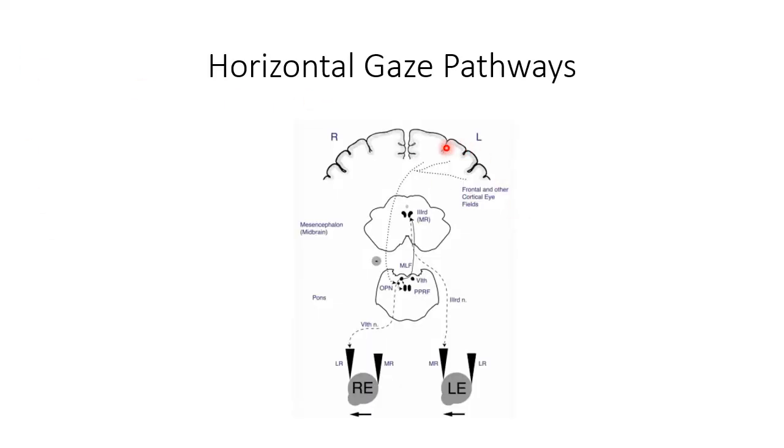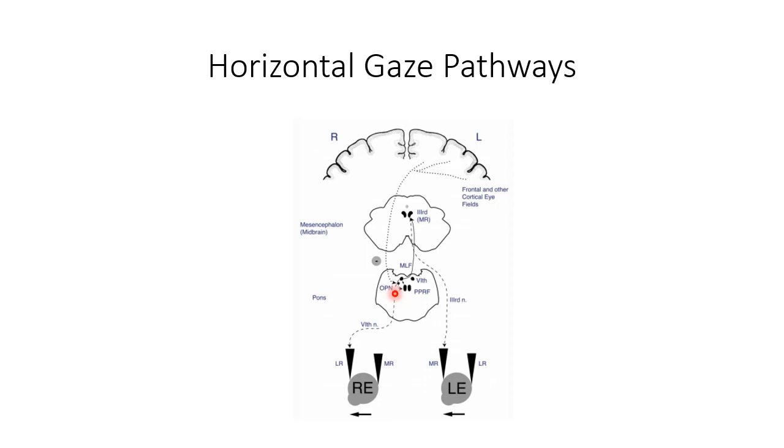So this is actually the left frontal or cortical fields, which will tell the person to look to the right. The fibers will descend into the brainstem, and then they will cross and reach the opposite OPN, or omnipause neurons, which will then tell the PPRF to excite the sixth nerve, which then causes the ipsilateral lateral rectus muscle to contract to the right. But if you can recall correctly from the brainstem anatomy lecture, there are fibers coming in